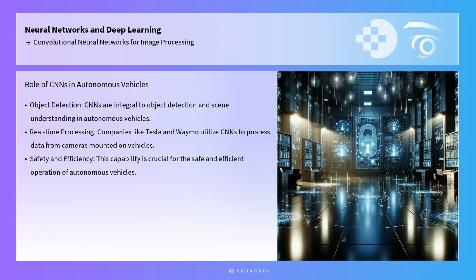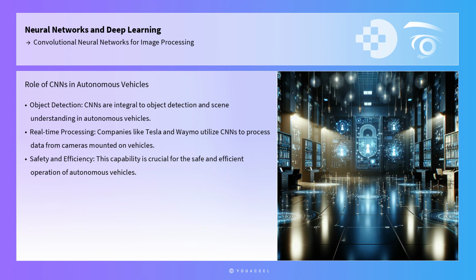Another compelling application is in autonomous vehicles, where CNNs are integral to object detection and scene understanding. Companies like Tesla and Waymo utilize CNNs to process data from cameras mounted on vehicles, enabling real-time identification of pedestrians, traffic lights, and road signs. This capability is crucial for the safe and efficient operation of autonomous vehicles, highlighting the transformative role of CNNs in